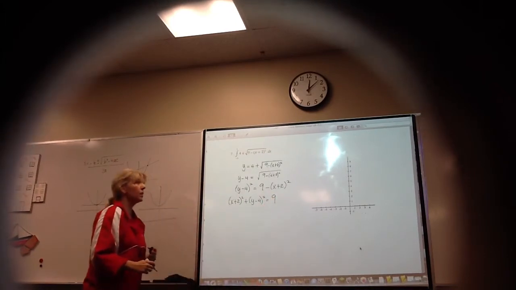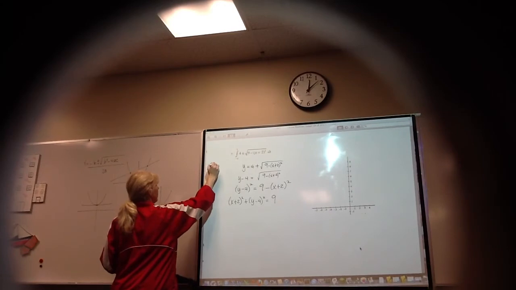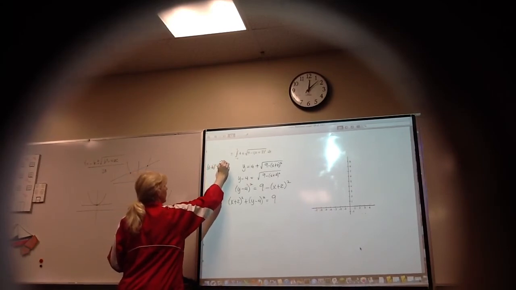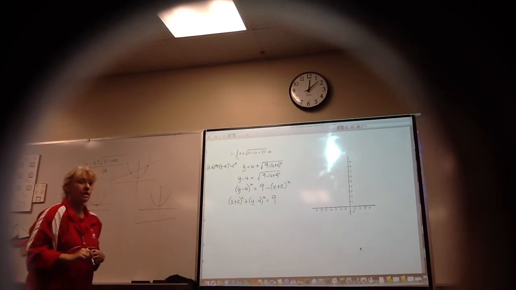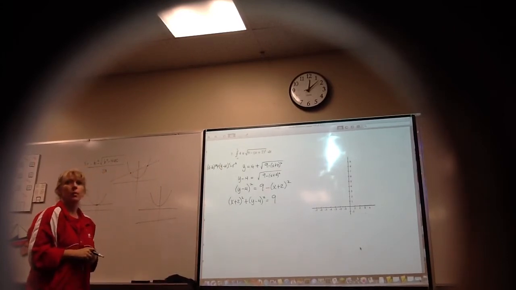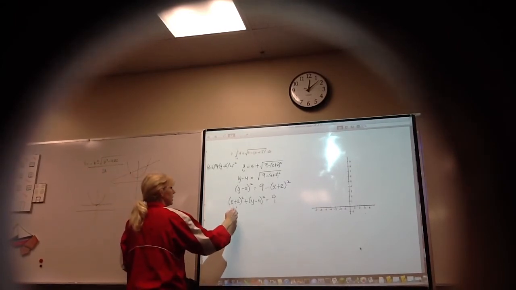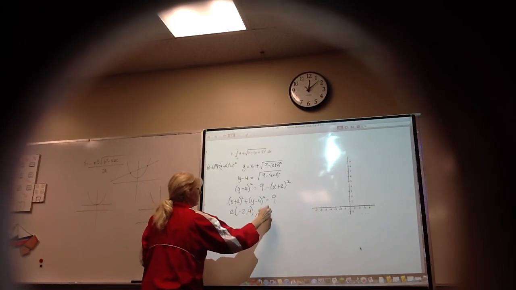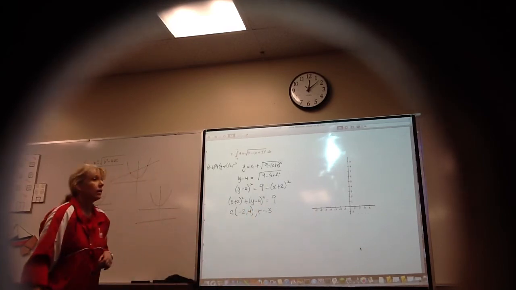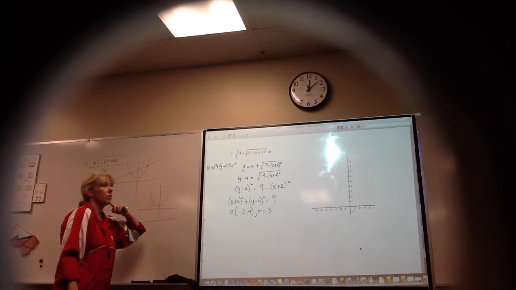Hopefully you recall your general equation of a circle. You've got x minus h squared plus y minus k squared is equal to r squared. We worked on this last year. That's a circle, but it's just not centered at the origin. What's the center of this circle? -2, 4. What's the radius? 3. Okay? We'll get back to the definite integral idea in a moment. So we're looking at